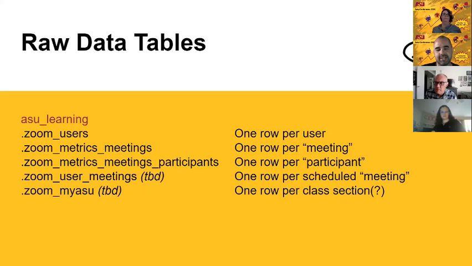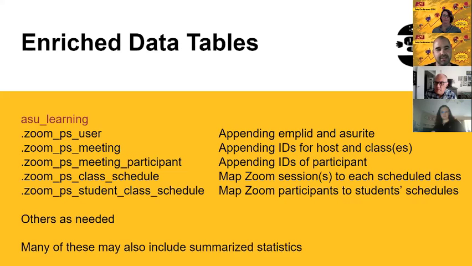And all this is going to be in the ASU learning schema. So it's the same place that you'd find Canvas data, Alex data, I believe edX data is in there. And that's all governed by Sheila Ainley in the provost office. But we're going to have, again, a user level table. But now we're going to take that raw data and we're going to say, well, this is the YMPL ID and the ASU ID for this person.